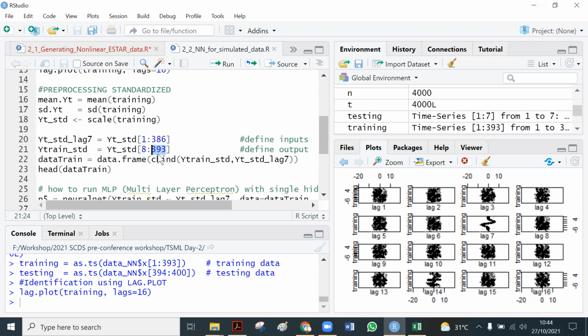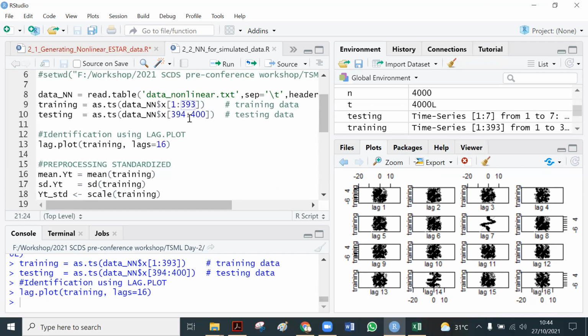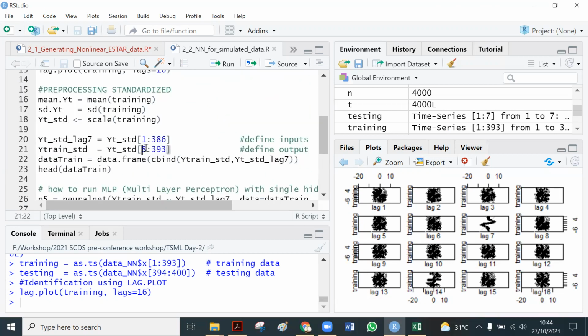So now we only have 393, and it starts from 8 because we use lag 7 as input. It means there is a shift of 7 observations from lag 7 to the time series variable.